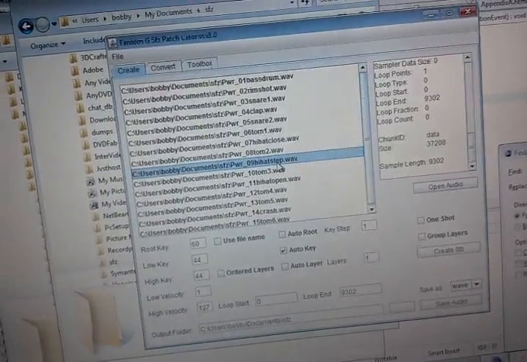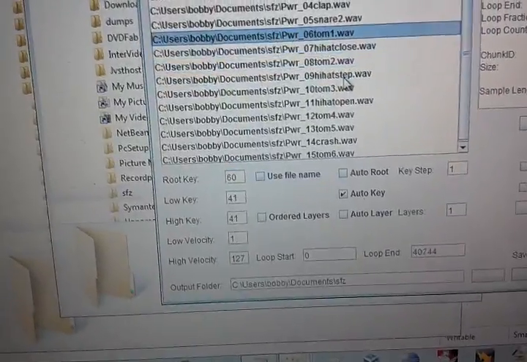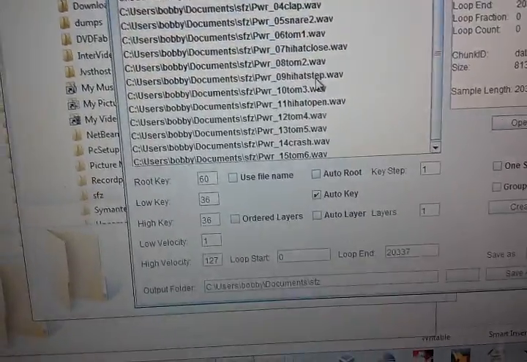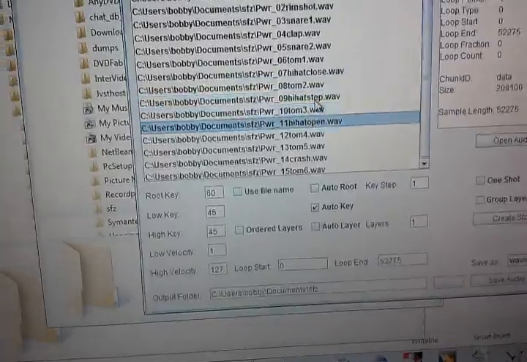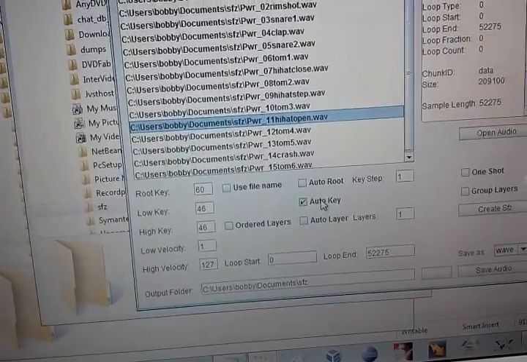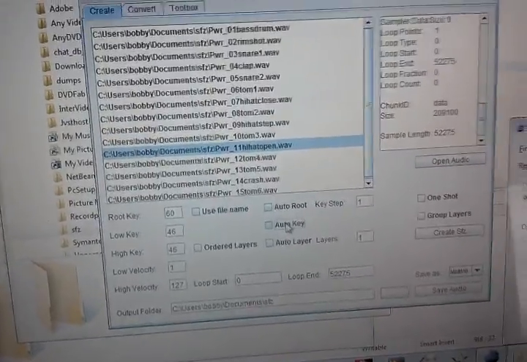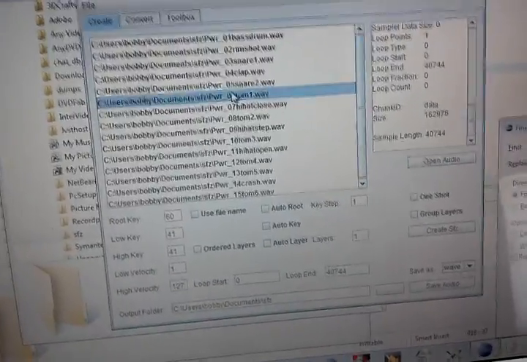You see, these are our new samples that we generated, and they each have high key and low key information embedded in the sample files now. And that's pretty useful for every kind of sampler and sample reading program. That's pretty good stuff. What we're going to do now, since we have information built right into them, we can